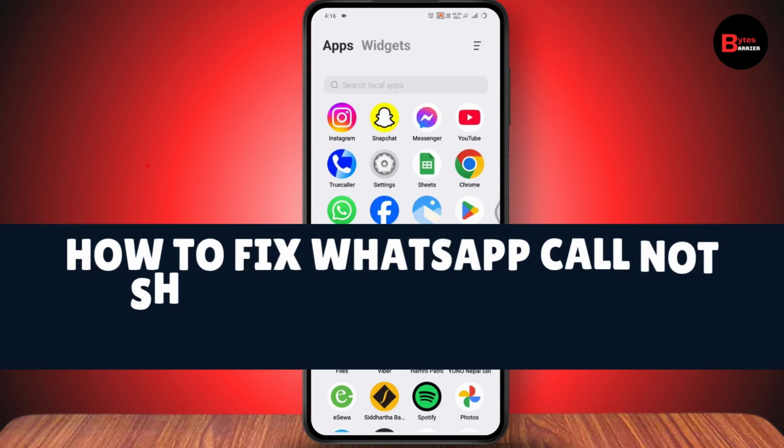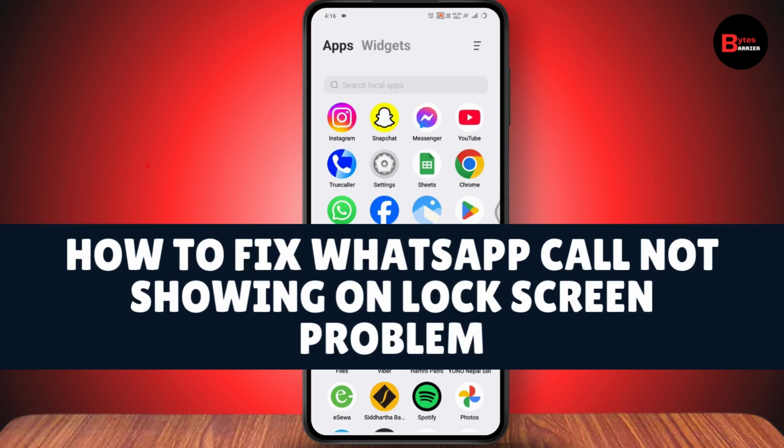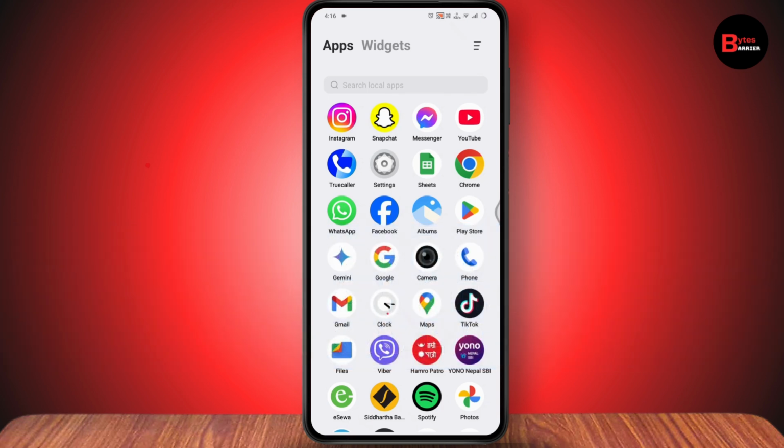How to fix WhatsApp call not showing on lock screen problem. So if you want to fix WhatsApp call not showing on lock screen problem, then what you need to do